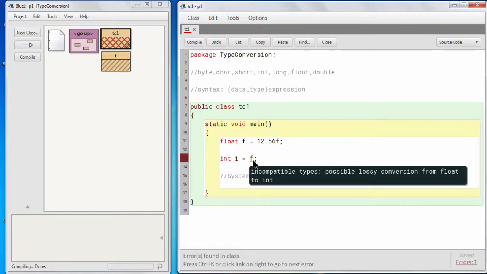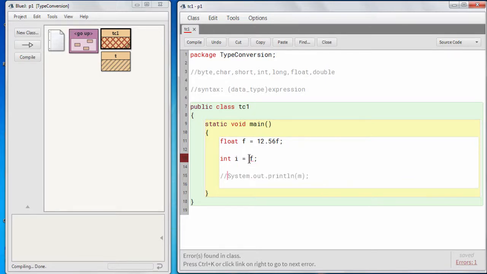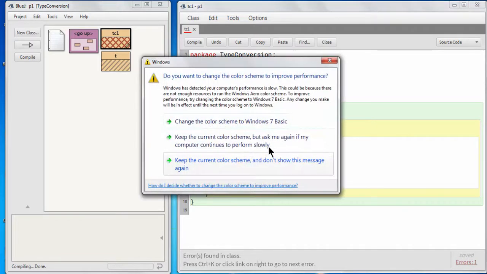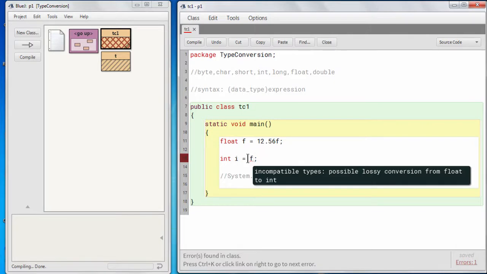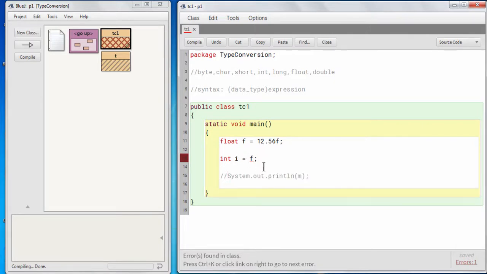That means we are trying to assign a larger value into a smaller variable. I, the integer, is smaller than float, and hence we are getting this error.